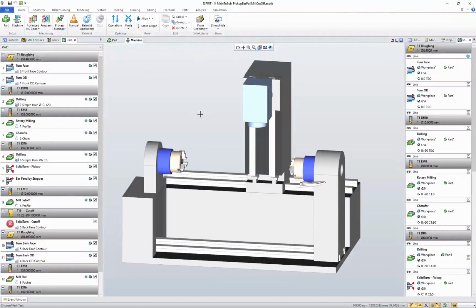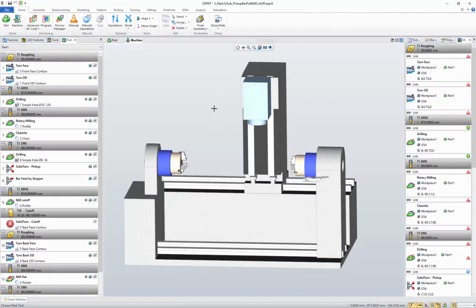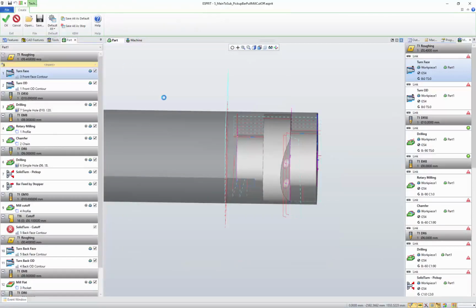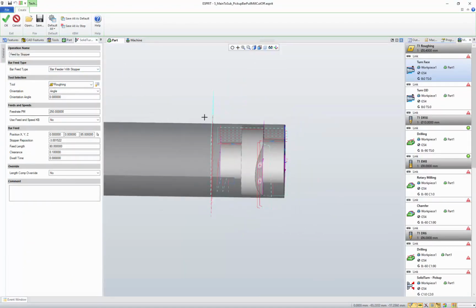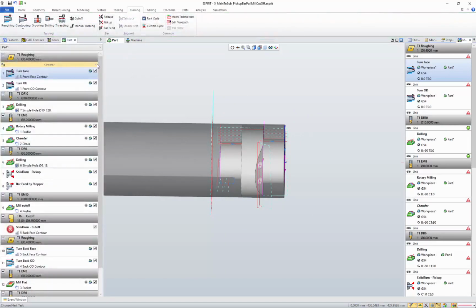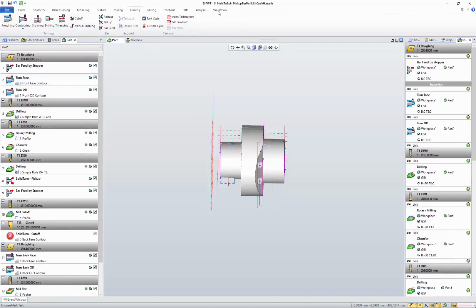So as soon as I update the program, we're going to see links failing. This is normal because the links are now in collision. The tool is now in collision with the jaws. Okay, I do an insert location at the beginning of the program and program a bar feed operation. This bar feed operation is of type with stopper, and I'm using the roughing tool as a stopper tool. Program updates. Let's see in simulation.